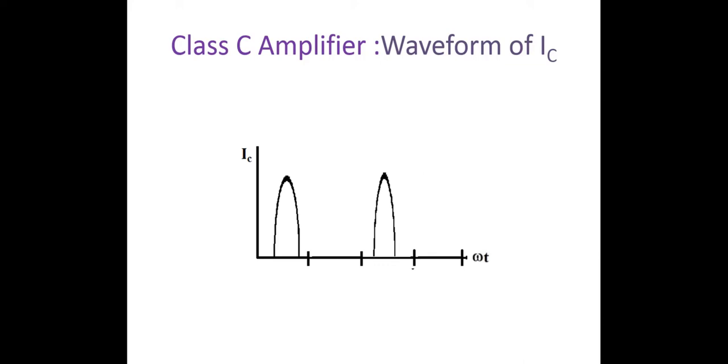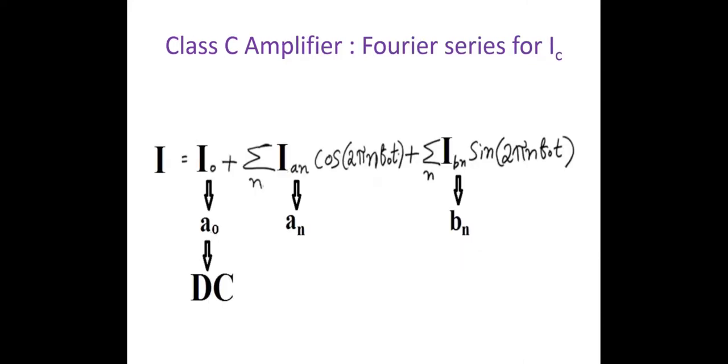So IC will have the saturation value only when IB is above a certain critical value, and when IB is below that critical value, the transistor is in active mode and IC is again simply beta times IB. So hence it is IB that is controlling IC, and both will have the same time period. So now as IC is periodic, we can decompose it into a Fourier series, or we can represent IC by a Fourier series.